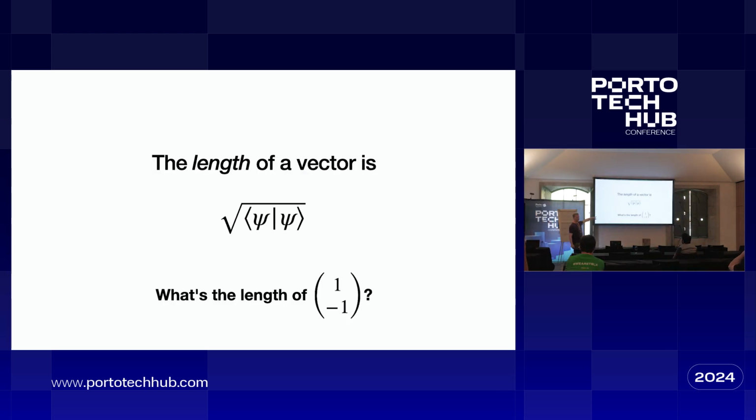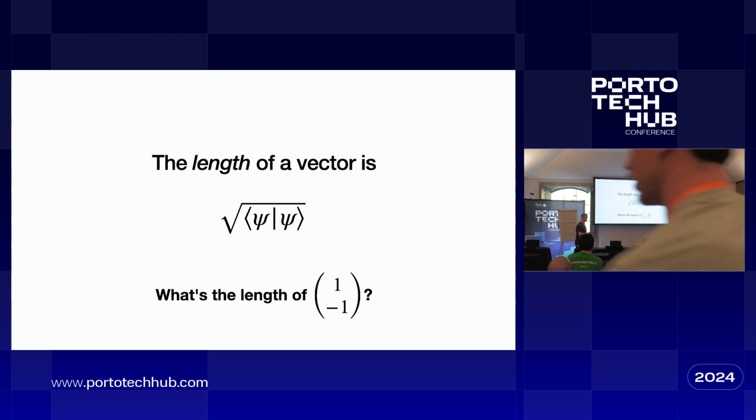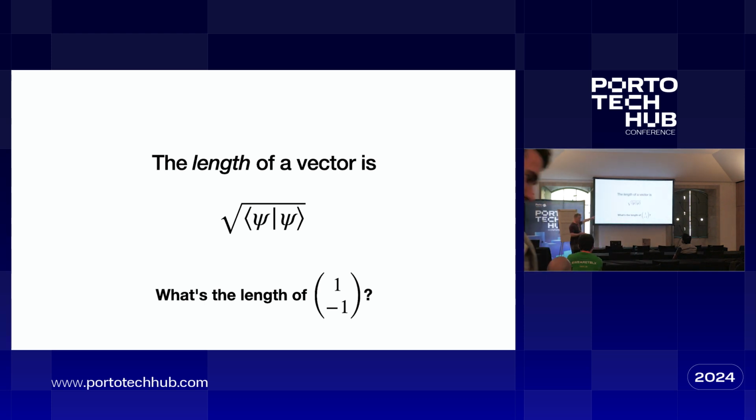Well, tell me, what is the length of that vector? That one's a useful one to know. Square root 2, okay? Square root 2 is going to come up over and over again. The only reason 1 over square root 2 comes up over and over again is that the length of that vector is square root 2, okay? So when we want to normalize it and make it have length 1, I divide by square root 2.